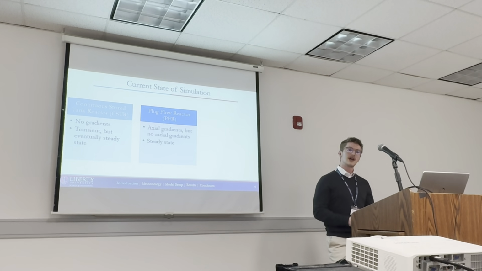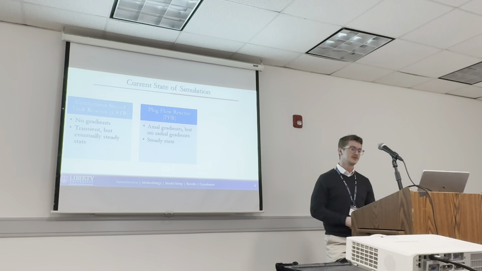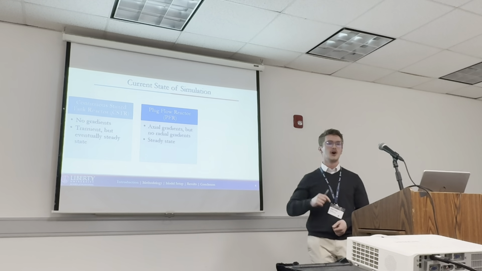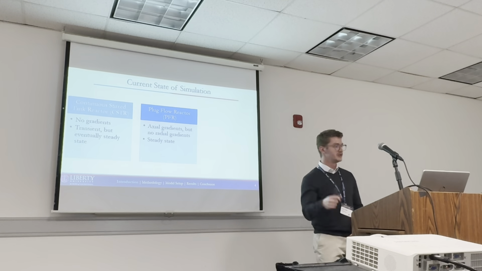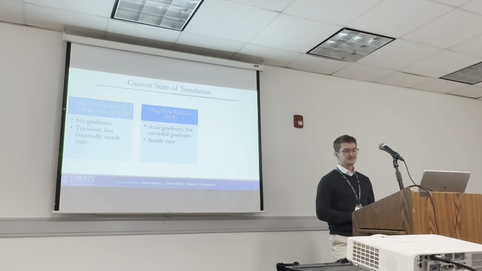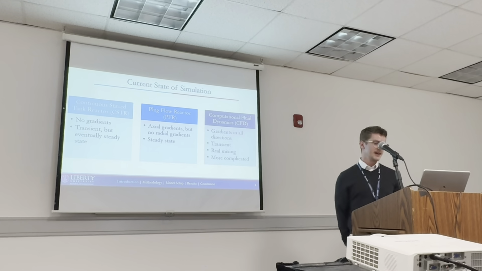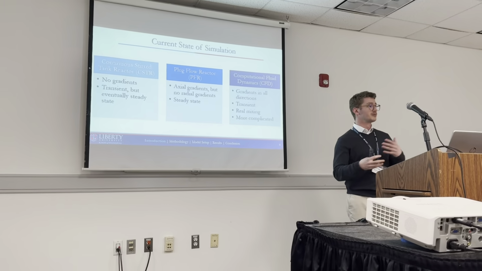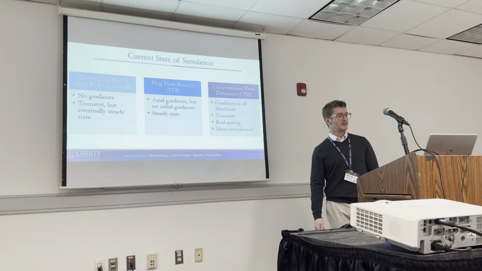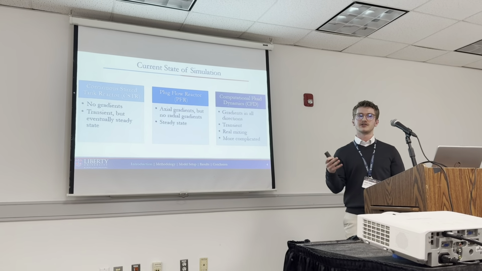There's also a plug flow reactor, which are typically long, thin reactors that have axial gradients, but no radial gradients in temperature or species, and it's steady state. And then the third general classification is computational fluid dynamics, which has gradients in all directions. You can see some real mixing inside these reactors, but they're significantly more complicated and costly than these other 2